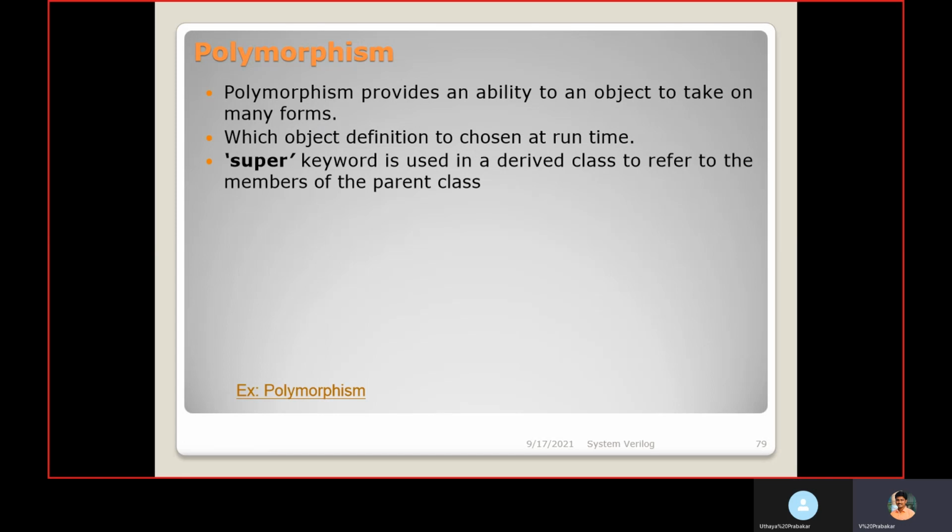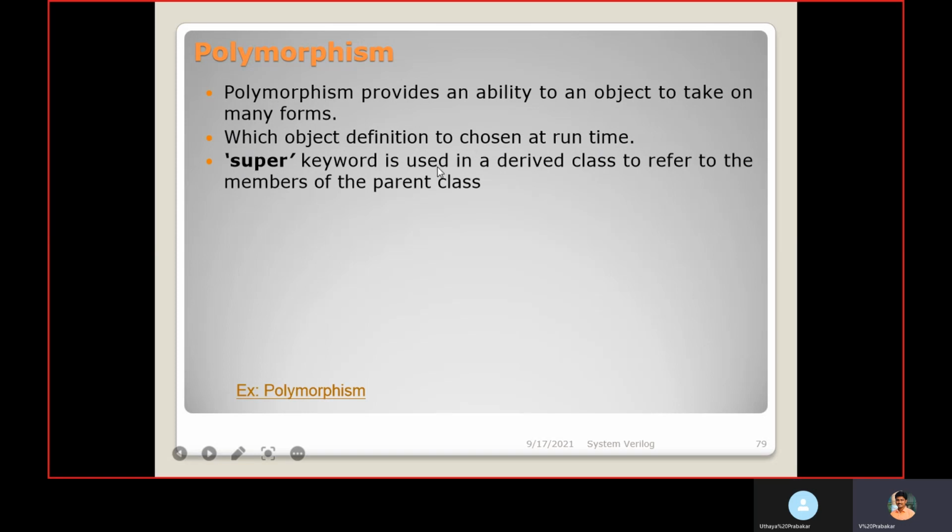During the runtime, you can choose which one, which handle we can use, with the properties and methods of which class we can choose, that we can decide during the runtime. Which object definition to choose during the runtime. That is the use of this polymorphism concept.